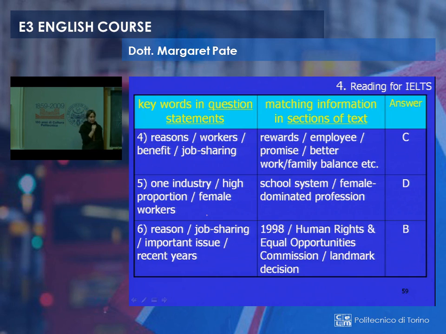And the last one is paragraph B, job sharing an important issue in recent years, okay? Landmark decision is the same as an important issue. Recent years, okay, 98, that's fairly recent, and so on. Okay? Good. Let's move on then